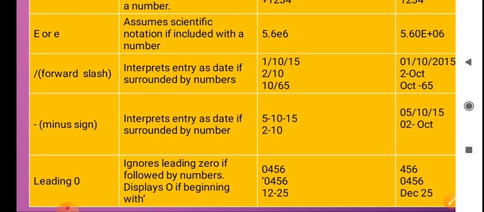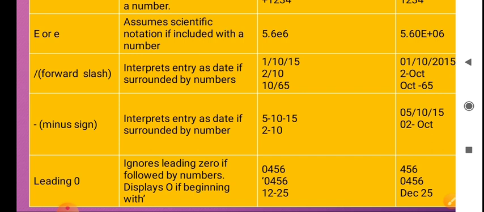And last and least is leading 0. Ignores leading 0 if followed by numbers. Displays 0 if beginning with the colon. Now here see 0, 4, 5, 6. So 0 will not be there in the result, so it will show you 4, 5, 6. Slash 0, 4, 5, 6, so removing that slash, it will show you 0, 4, 5, 6.